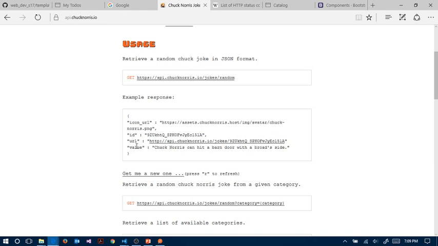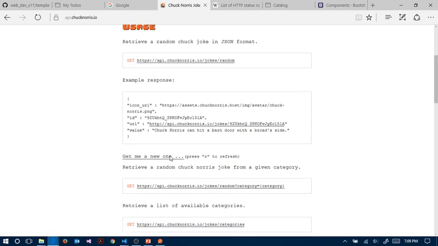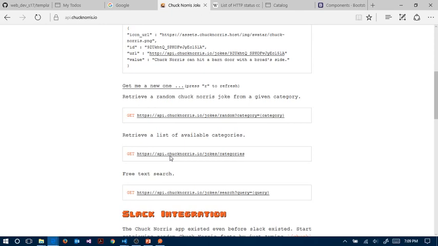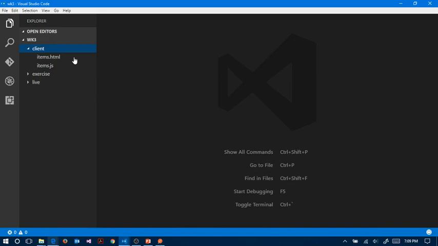So in my API, each item had ID, price, title, and description. In this case, these are the 4 things we get, but we only care about the icon URL and the value. So the API has lots more stuff. We can actually get jokes by categories, a list of all the categories and stuff, but we don't need any of that. We just need the very first one. So if you go back to Visual Studio Code,